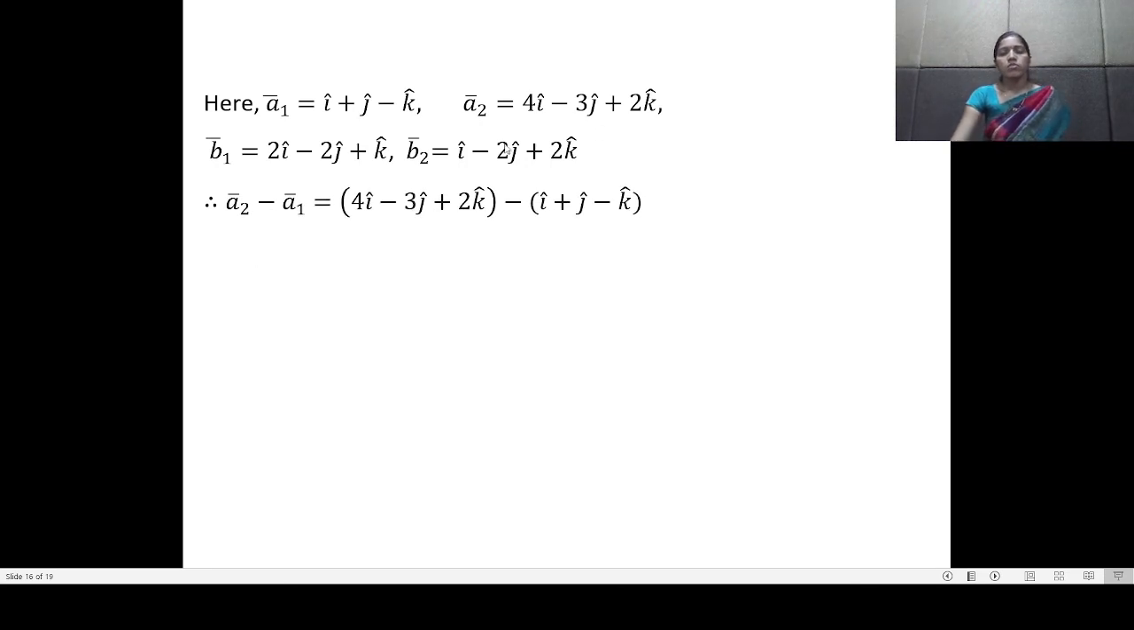Now using this information, find a2 bar minus a1 bar. Substitute a2 bar as 4i cap minus 3j cap plus 2k cap, and a1 bar as i cap plus j cap minus k cap. Taking the difference between these two vectors, we get 4i minus i is 3i, minus 3j minus j is minus 4j, plus 2k cap minus of minus k cap is plus 3k cap,